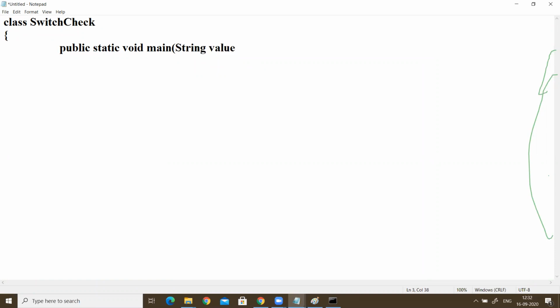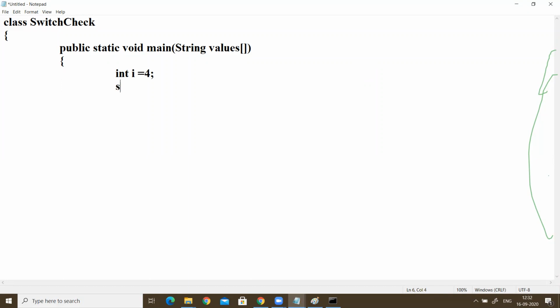I can write anything here, String values. We are not using that, even so we should write it. Now we can take one value that we will try to check. Int i is equal to 4. I am taking int i is equal to 4.